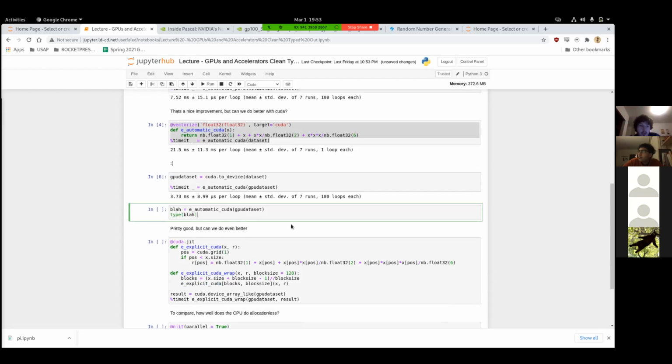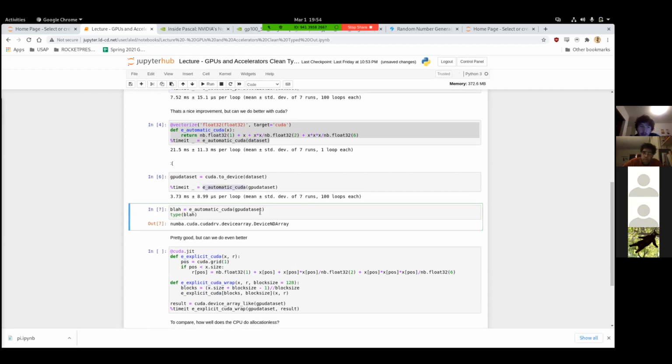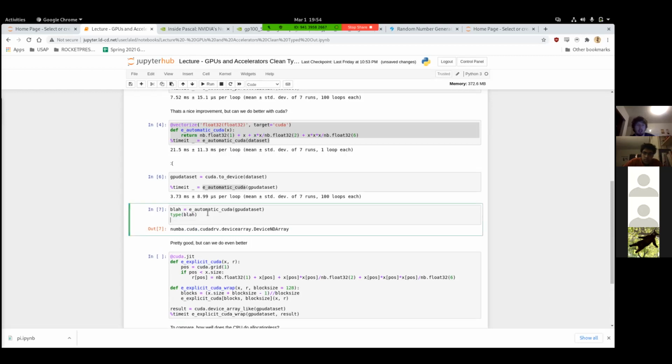So let's look at the type returned from an execution of our CUDA function. So you might expect it to return a NumPy array. It actually returns this weird numba.cuda.cudadrv.devicearray.DeviceNDArray. So this is an array on the device. And if you check,